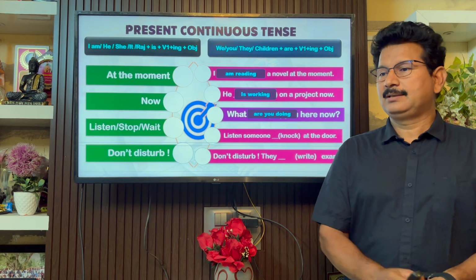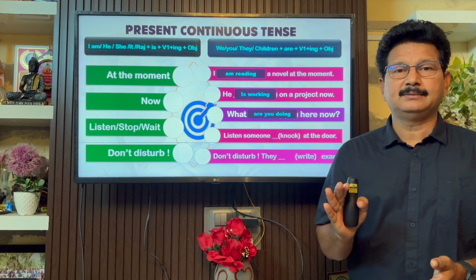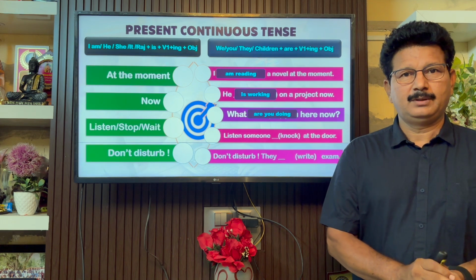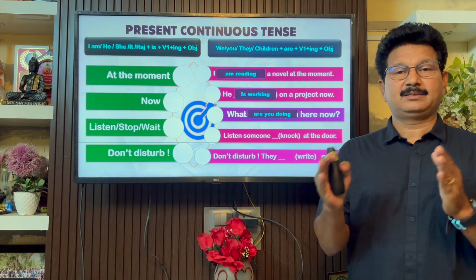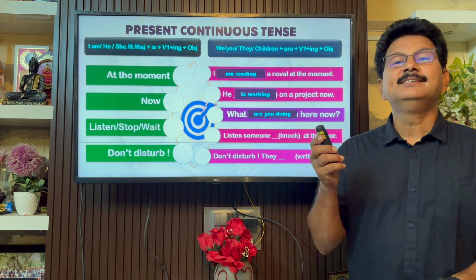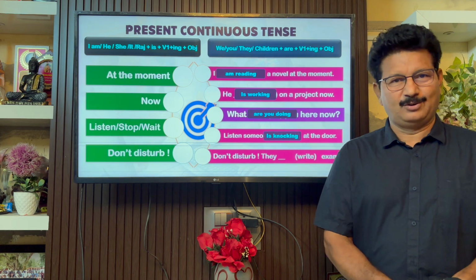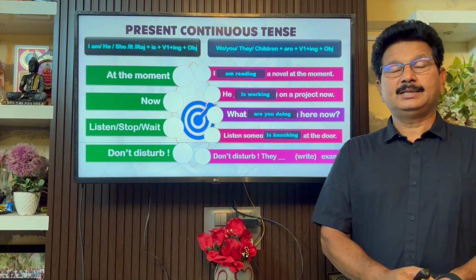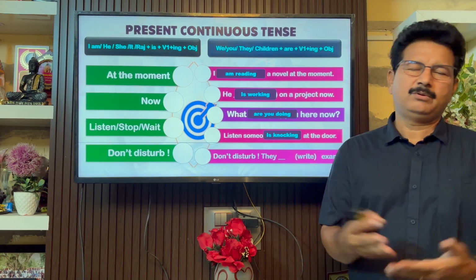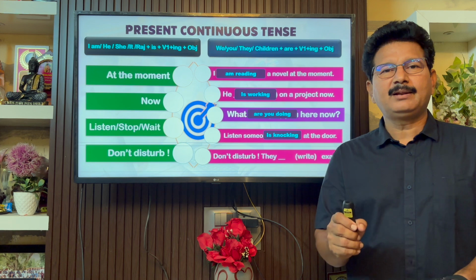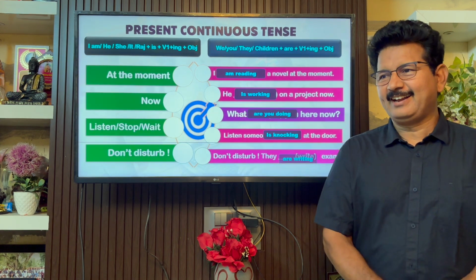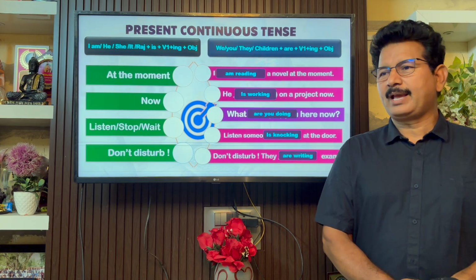And the fourth one is, listen, someone or somebody dash at the door. When I say listen or wait or don't disturb, and it is present continuous tense, you can say, listen, someone is knocking at the door. And the last one is, don't disturb the dash exam now or here. So the keyword here is don't disturb. Don't disturb, they are writing exam. Okay, now let's